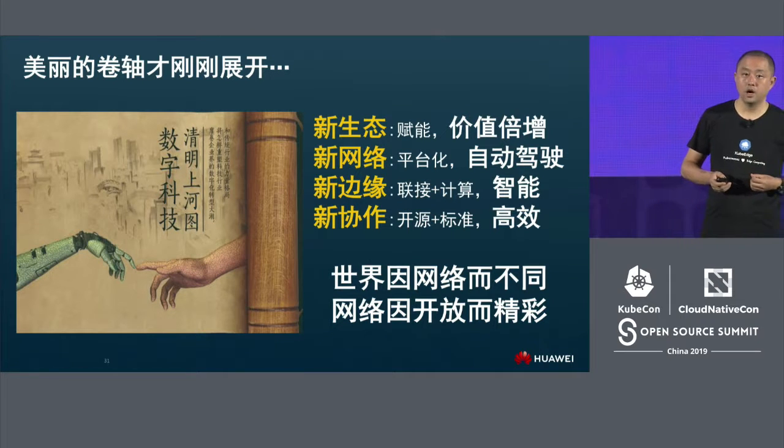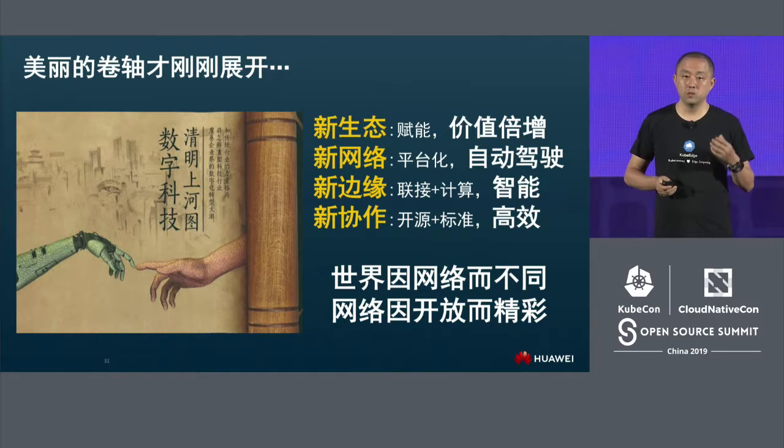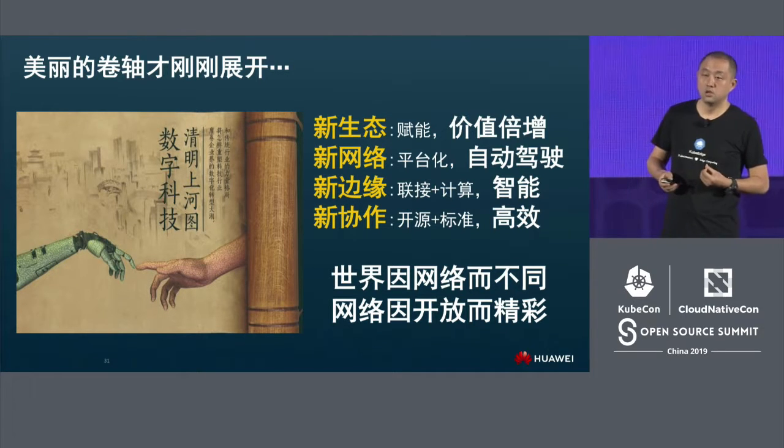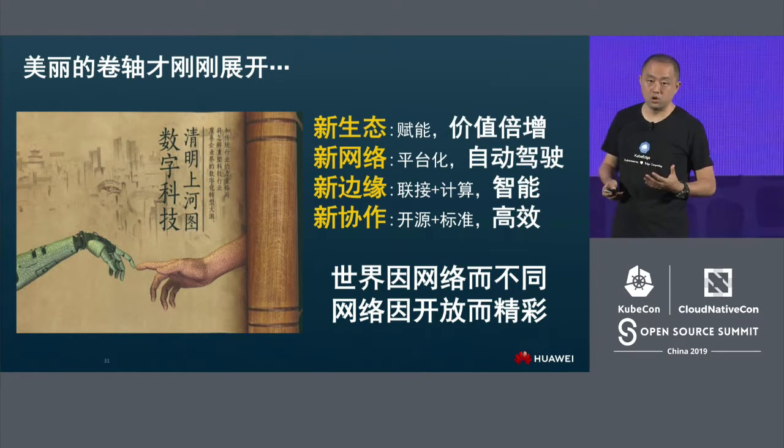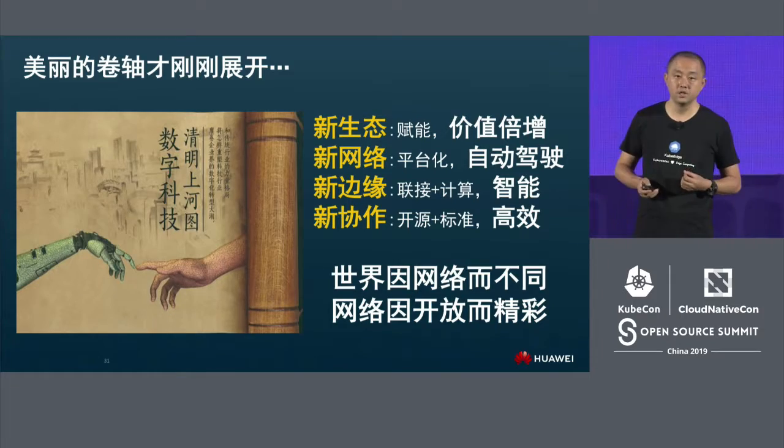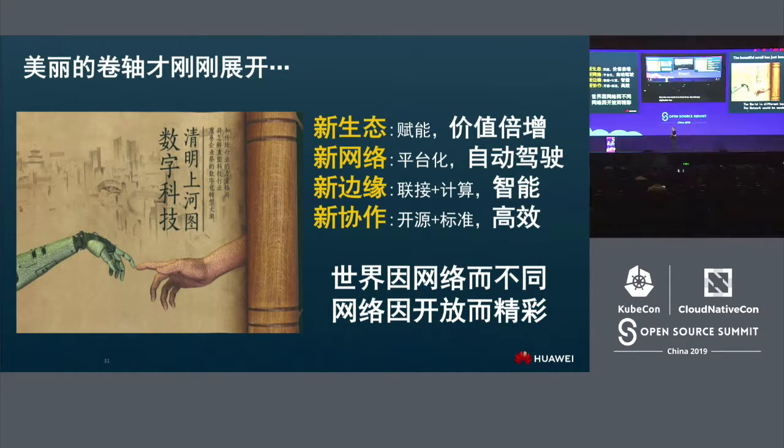Like this picture, now the new world is in front of us. The industrial digitization has more and more possibilities. The world will be changed by the network, and the network